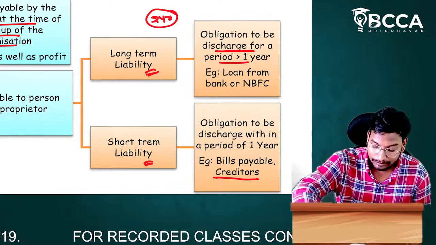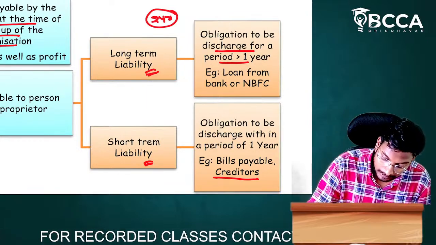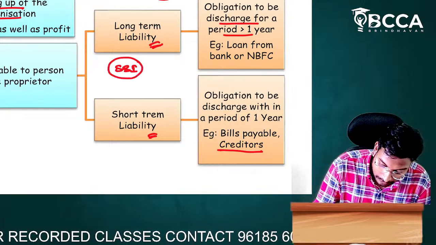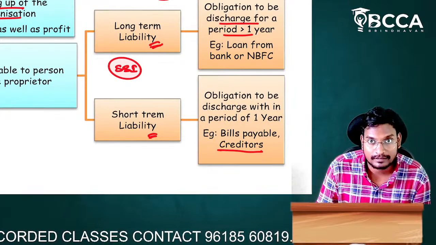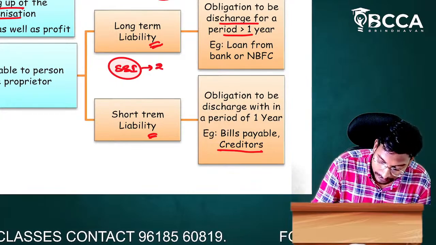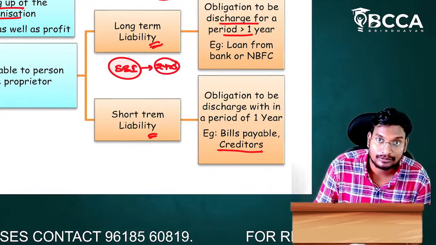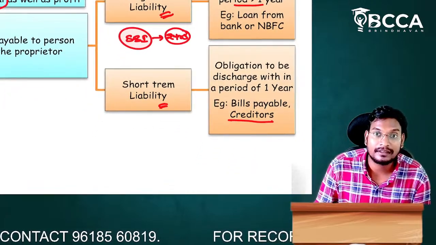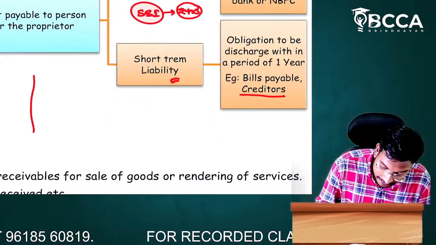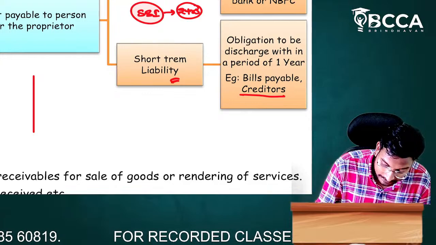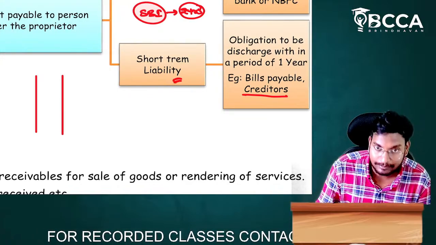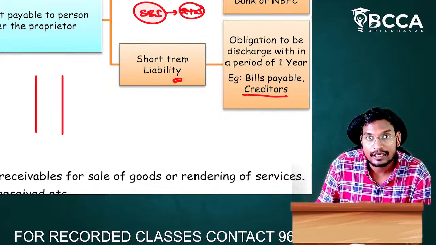We have taken an example, sir. I have taken an SBI loan. I have taken a loan from the SBI. Okay, sir? This SBI has given a credit period of how much, sir? 2 years. This time period, we have to check from where, sir? We have to check from the end of the financial year. At the time of preparing the financial statements, at that time we have to check the time period.